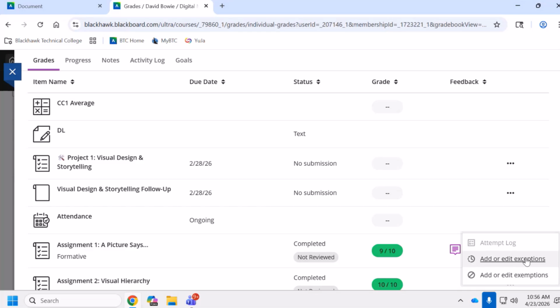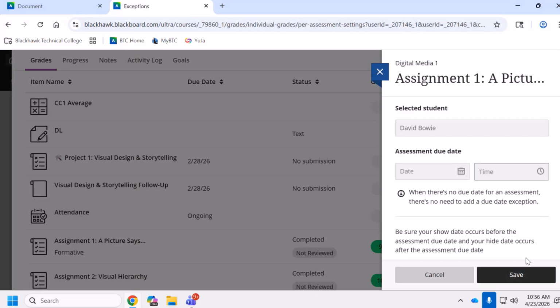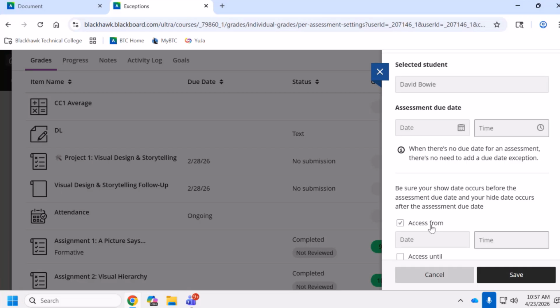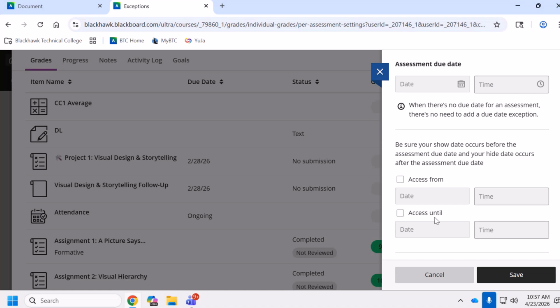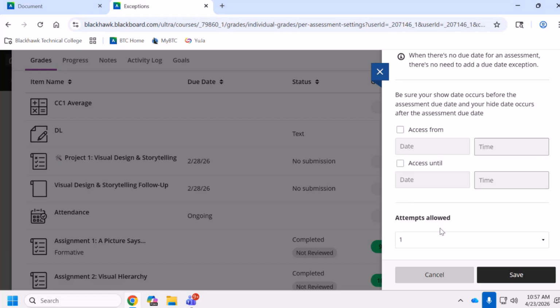Editing exemptions here, if you hop into that, this is where you can set up the details of this. An assessment due date, you can change that. You can give access to a specific assessment from this time to this time. So if you want to open up a window of time, if you need to change the number of attempts that are allowed for something, you can do that as well. And that's a lot of handy features, I think, for accommodating